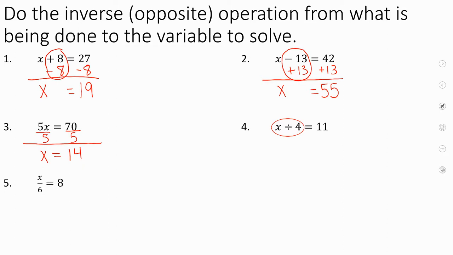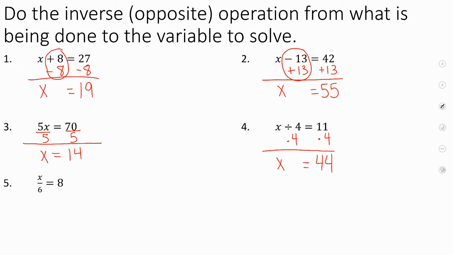With that, we identify where our variable is, what operation is happening, and we need to do the inverse operation. So here we are dividing by 4, so in order to eliminate dividing by 4, we have to multiply by 4. So multiply by 4 and multiply by 4, and we are going to get that one idea here on the left side. So we are left with just x is going to be equal to 11 times 4,